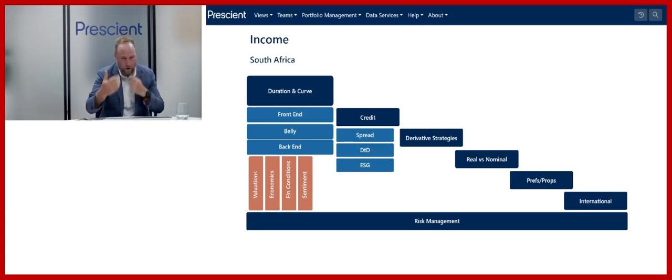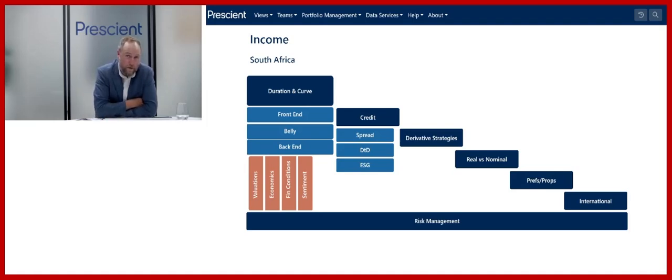So how much is the counterparty, the bank or the corporate, paying us on top of the JIBAR rate? And that's the spread component. That's really the price of credit. If that spread moves, your position in that credit is going to move as well. So very simply, if you take a 5-year First Rand bond, it's trading, let's call it, 2% above JIBAR. If that goes back to around 3% above JIBAR, you will lose 5% in that position. Okay, so there is capital movement in credit. You just need to understand where the pricing of the spread is relative to the risk we're taking. And there we do obviously quite a lot of work.